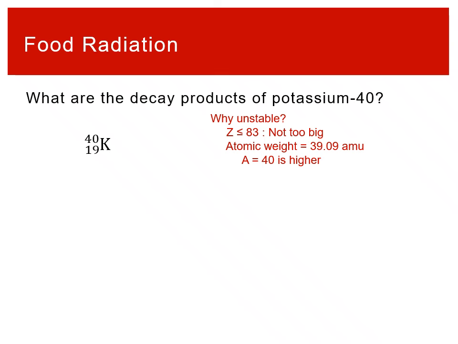So this thing is going to decay. It's not very unstable. There aren't too many extra neutrons, but there are a little too many. There's also an odd thing about why it's unstable: there are odd protons and odd neutrons. That's why it decays. So this does undergo beta decay.